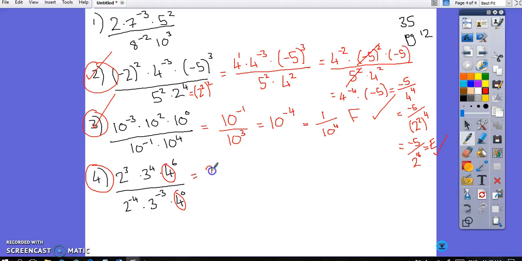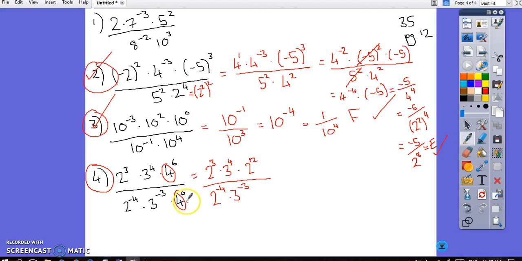So we have 2 cubed times 3 to the 4 times 4 is 2 squared, so I have 2 squared to the power of 6, which of course, as we know, is 2 to the power of 2 times 6, which is then 2 to the power of 12. And the same on the bottom, so we have 2 to the negative 4 times 3 to the negative 3